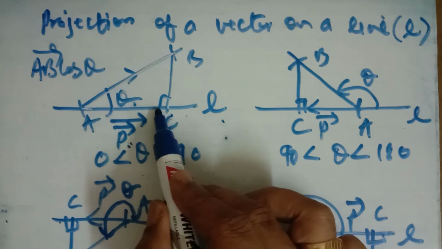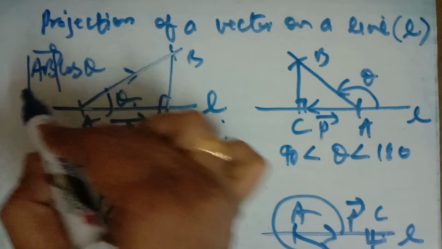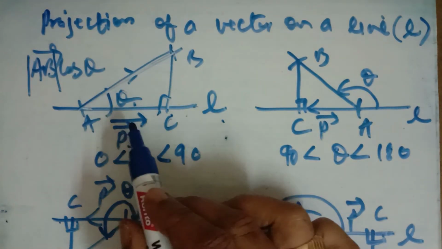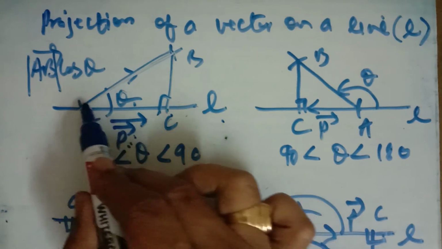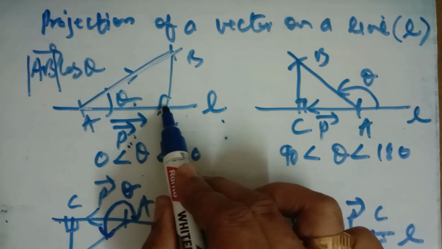This is AP, the vector P will be modulus of AB cos theta. And the direction of P will be the same or opposite